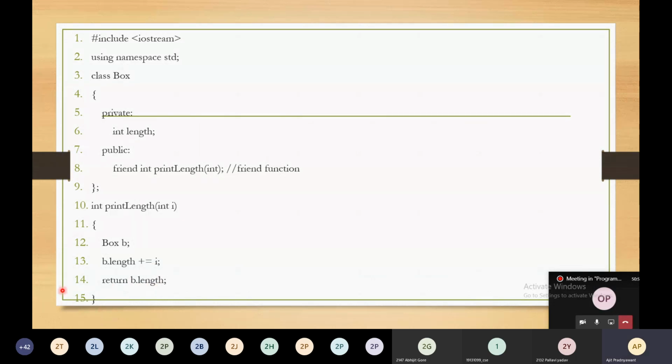So this is the way to declare the friend function, and this is the way to write the friend function. It's a normal thing. The only thing is that you have to mention friend over your friend function, and you have to remember what the functionality or features of the friend function are. The rest of the things are the same. A smaller change in the syntax. No need to mention the scope resolution operator and class name. You only have to mention the body of the function, that is integer print length, and write down the body.